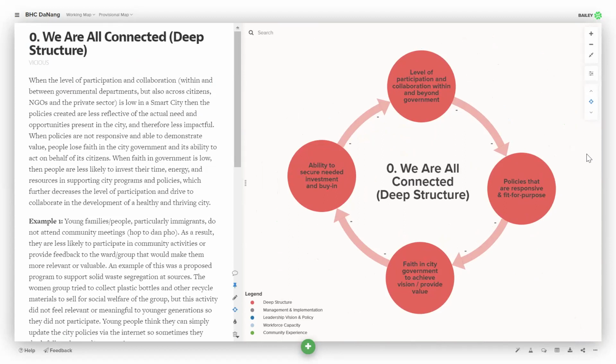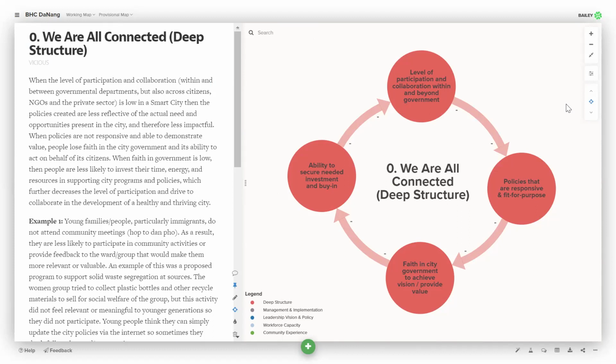This deep structure is a central story that ties together key patterns and details from across the system through common elements. The deep structure in Da Nang describes how, when the level of participation and collaboration within and between governmental